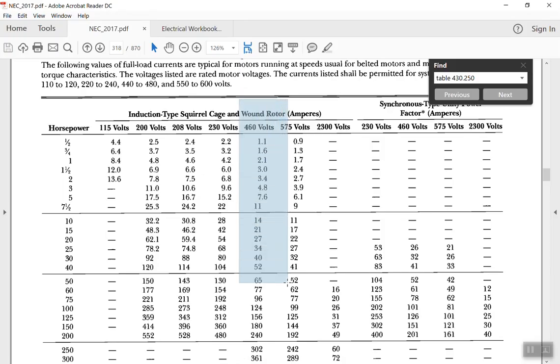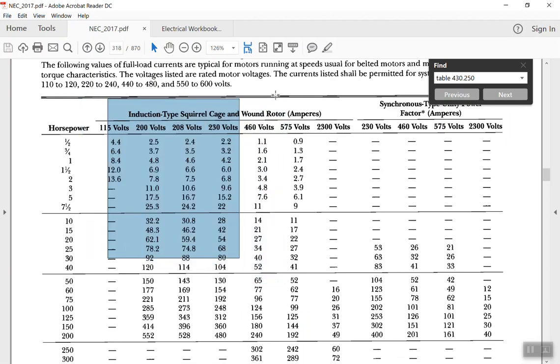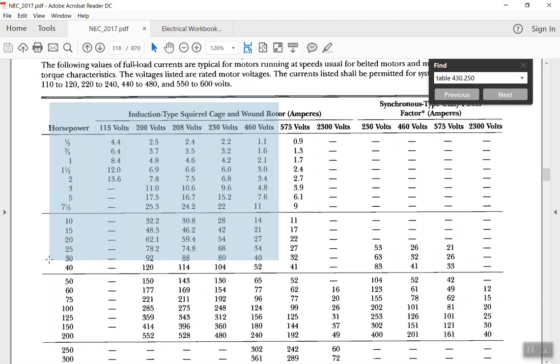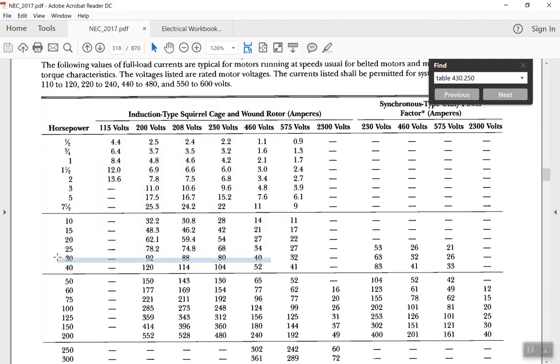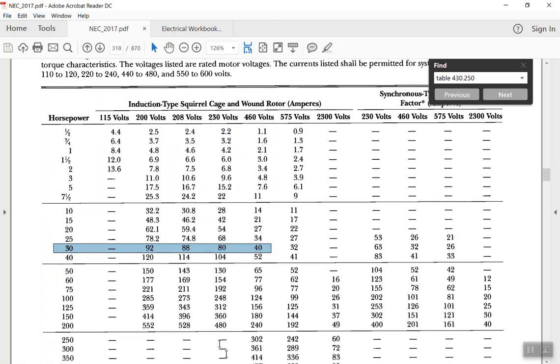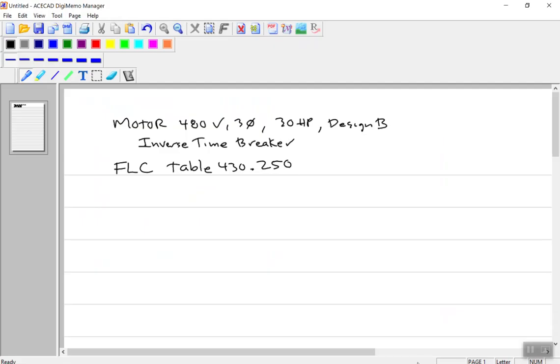Slide down, in this case, 30 horsepower, way over here. So if I highlight it correctly, right, the 460, 30 horse in the bottom corner of the blue section there, I see 40 amperes. 40 amperes, pretty straightforward stuff, right? 40 amperes, right down in here. Let me highlight it one more time. 40 amperes for the 30 horsepower motor, okay? So in our notepad, right, we got